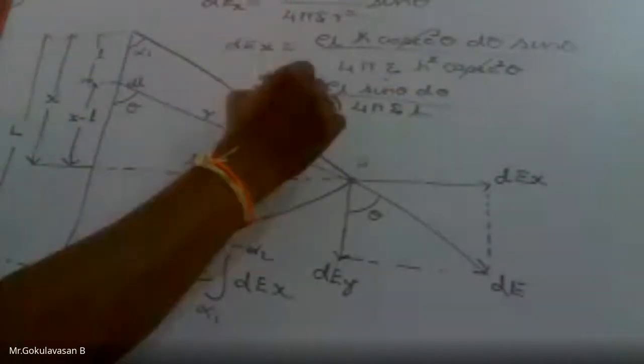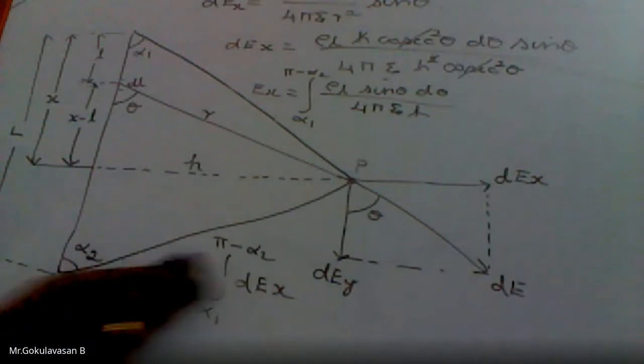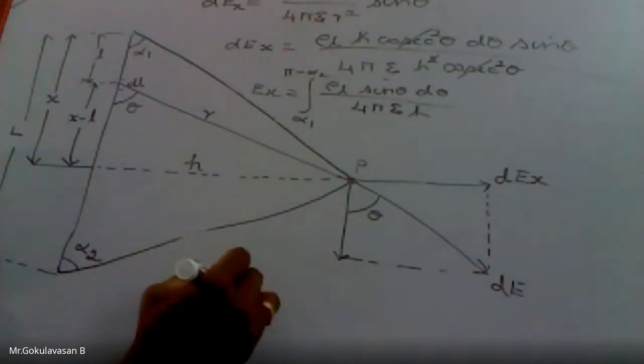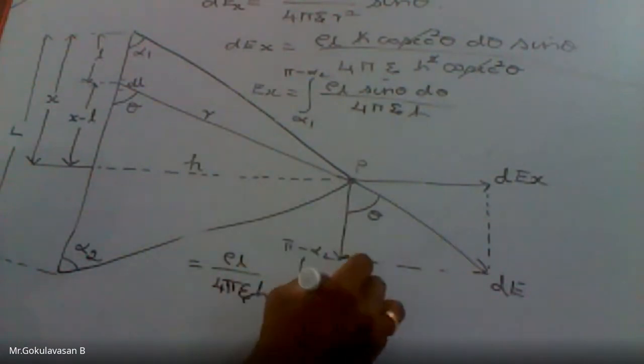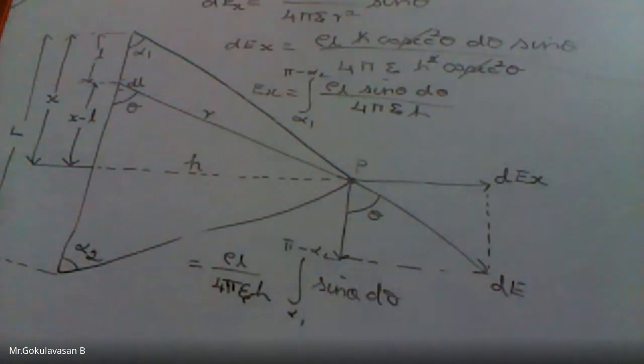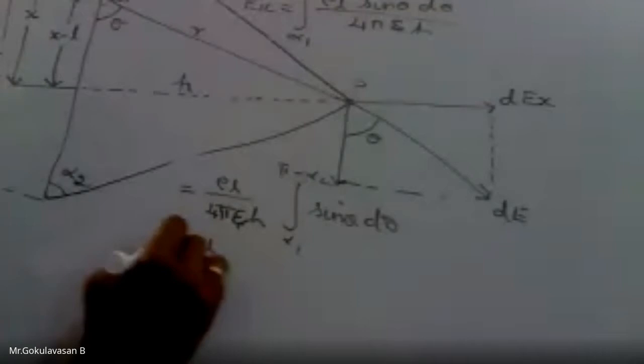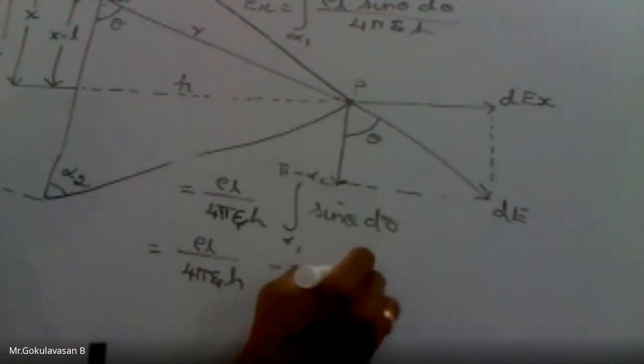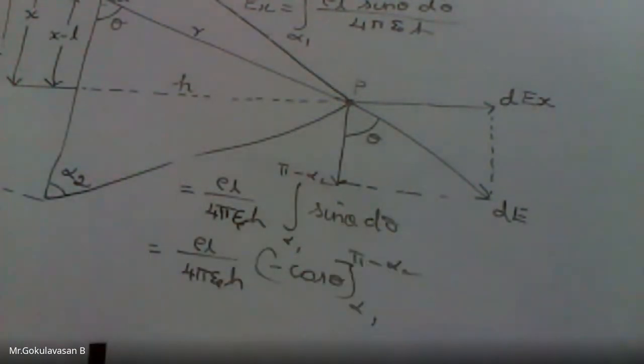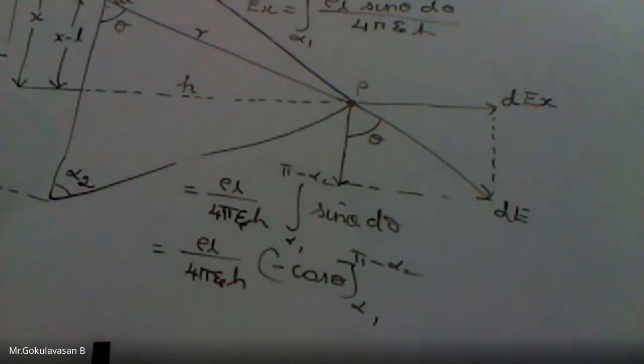If I do that, what will happen to Ex? I am doing the integration between the limits alpha 1 to pi minus alpha 2. See, Ex is this: rho is a constant, and 4 pi epsilon h is also a constant. What remains is the integration between the limits alpha 1 to pi minus alpha 2 of sin theta d theta. The integration of sin theta is minus cos theta, right? So it becomes rho L by 4 pi epsilon h, with minus cos theta between the limits alpha 1 to pi minus alpha 2. Finally, because one minus sign is there, I will be getting the expression